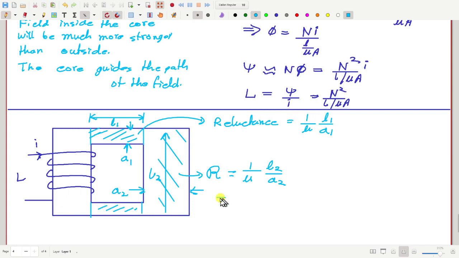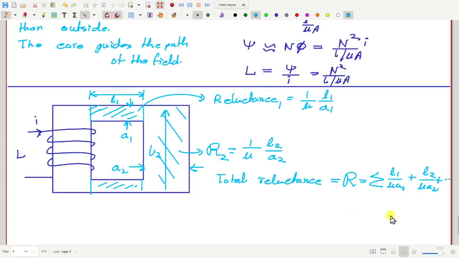So total reluctance will be, okay, let me call it reluctance 1, reluctance 2, etc. Then the total reluctance will be just the sum of L1 by mu A1 plus L2 by mu A2 plus ... You can add them up. So you can get the total reluctance, and then